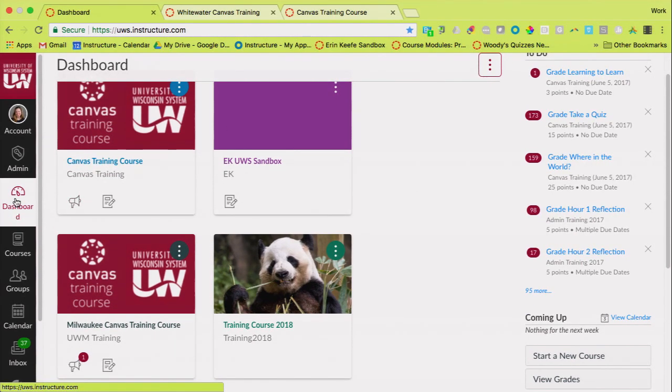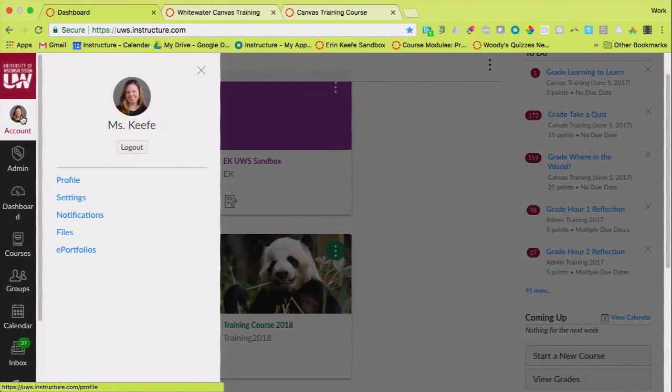All right, from the dashboard, I'm going to talk to you about what all these buttons down here on this left-hand side of your screen do. This is what we call the global navigation bar. We're going to go from the dashboard up to your account button. So that's the one that's at the top. So you can go ahead and click on that, and this panel will slide open where you see that there's a lot more options in there. This is where the logout button for Canvas is hiding. A lot of people don't know where that is. It's right there in your account button.